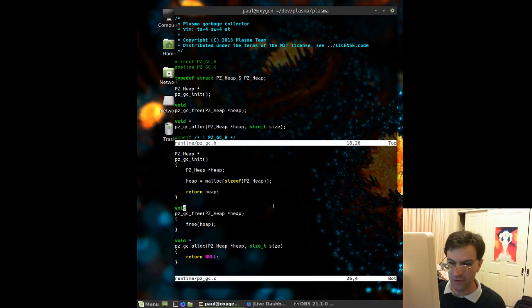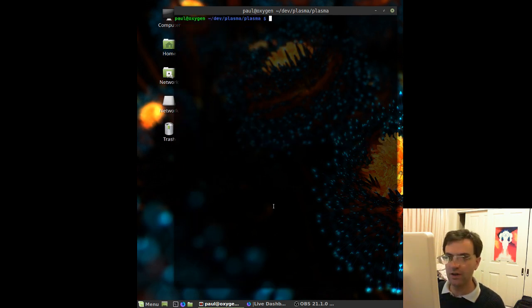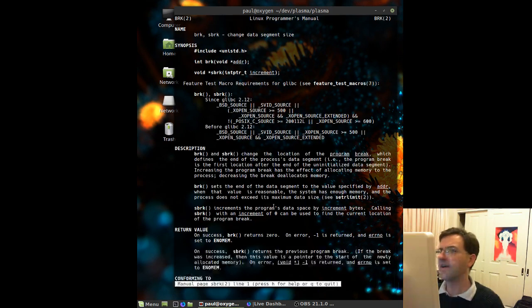So what we want to do is do some work to set up memory allocation. There are two ways to get this done. We're going to ask the operating system to give us a big lot of memory, and then from that we're going to divide it up and implement our heap. To ask the operating system for memory, there are two ways. SBRK,